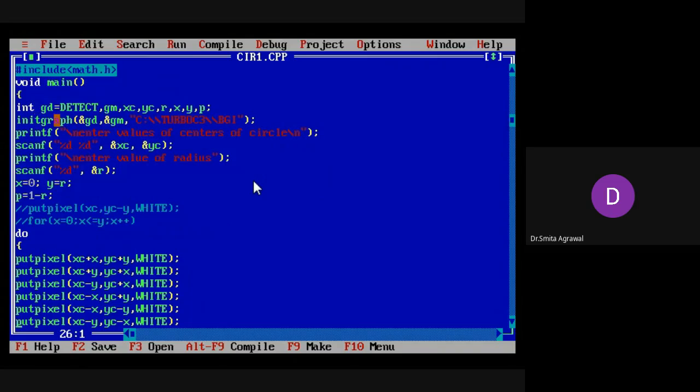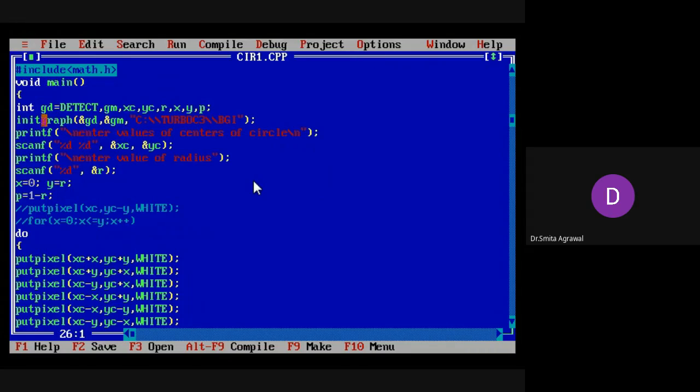Here the first step is the declaration of the graph driver, graph mode, and initialization of the variables. xc is the x coordinate and yc is the y coordinate of the center of the circle. r is the radius of the circle, and x, y and p are other integer variables.